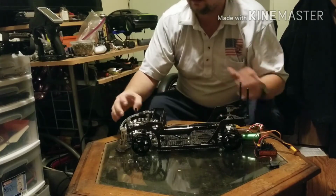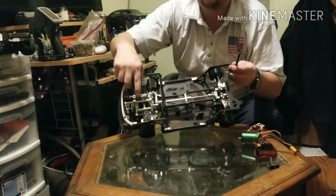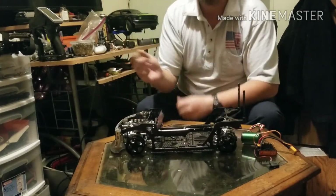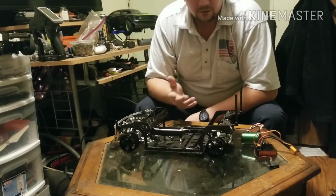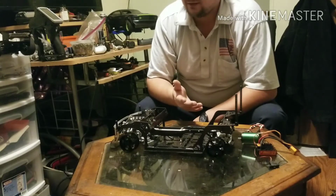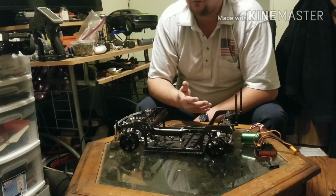It has these fake stacks. They're not even real. Basically velocity stacks. I honestly can't wait to run it, but like I said, I got it early. I ordered it on October 31st,